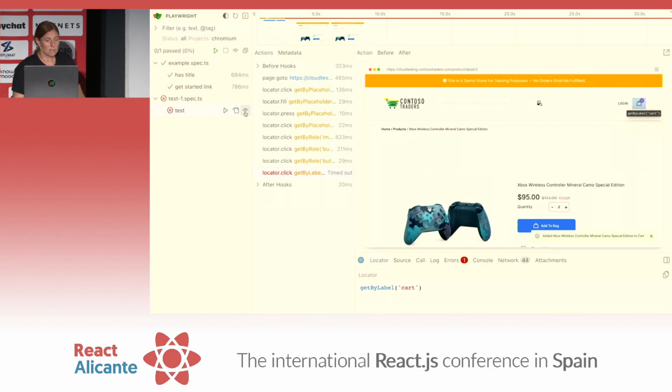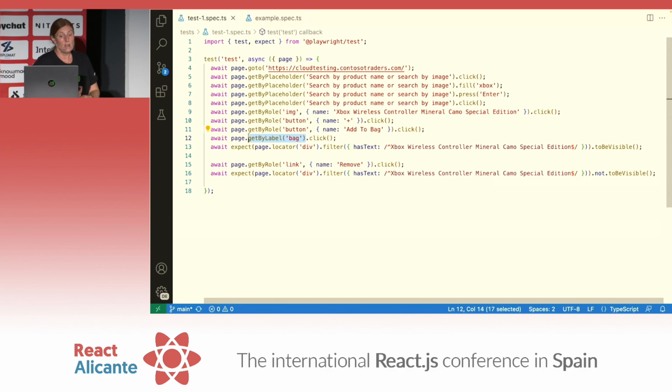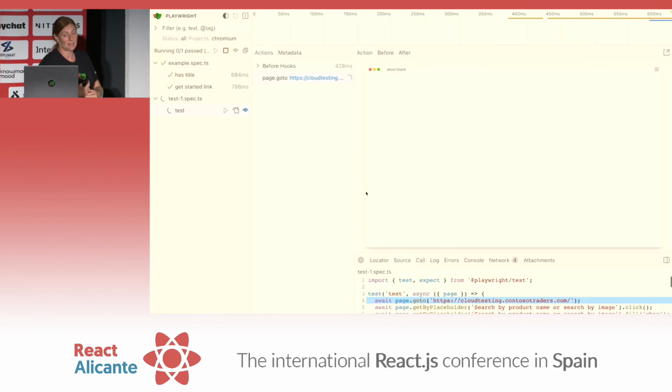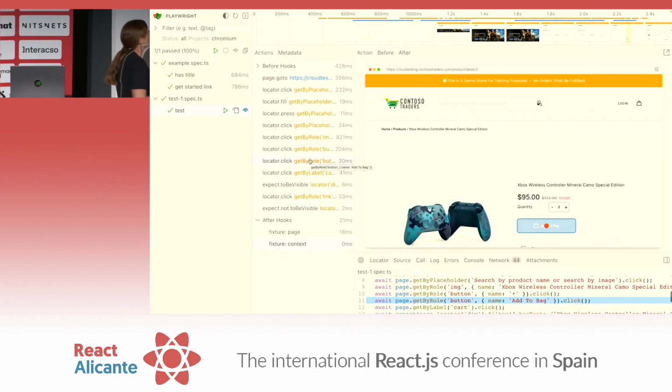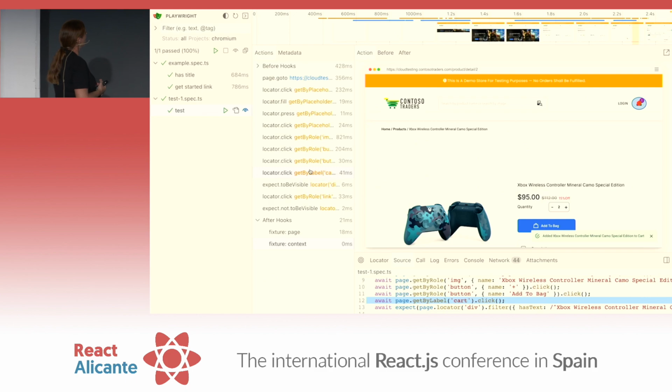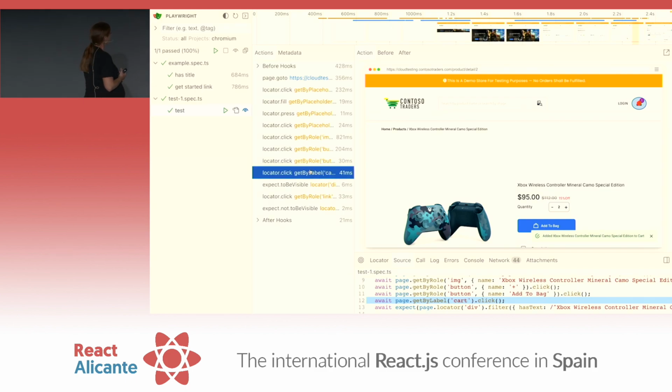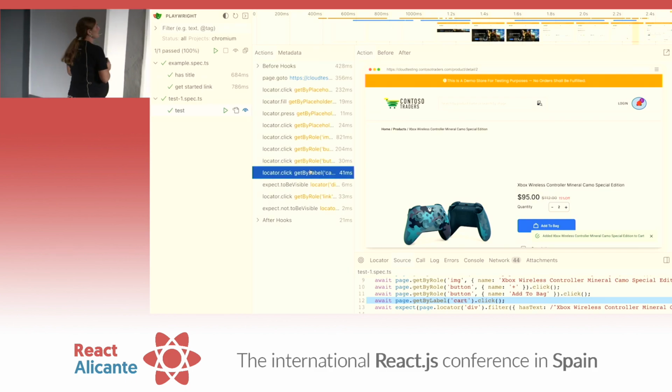So here we've got our test, and we can click on the eye to watch that test. Before we go to VS Code, we click on the file icon. We can open VS Code. We can paste that into our test, our correct label. And then we can watch the test just rerun itself, so we don't have to press play because we're in watch mode. And we can go through there, and our test passes. So that's basically the UI mode and how you would work through your tests when you're developing. As you can see, it's super simple.